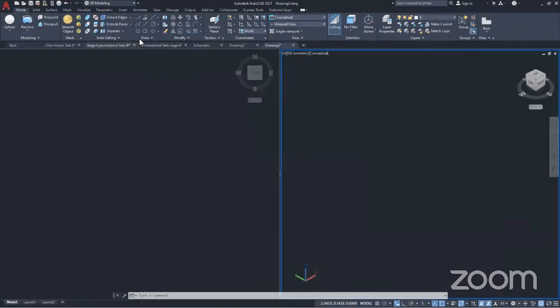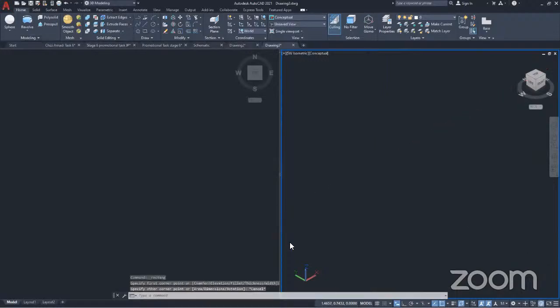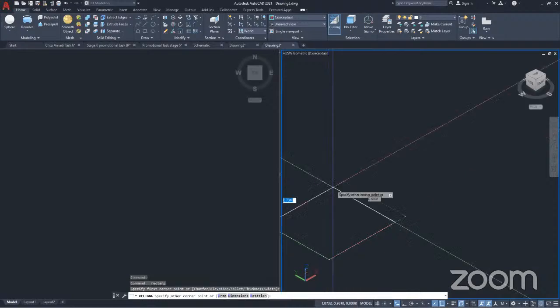Now to get started, I'll create a box, but I will start with the rectangle tool. It's a box actually, so all sides will be equal. Let me do it this way. I'll use this one. Start here. Make it 50. And of course,